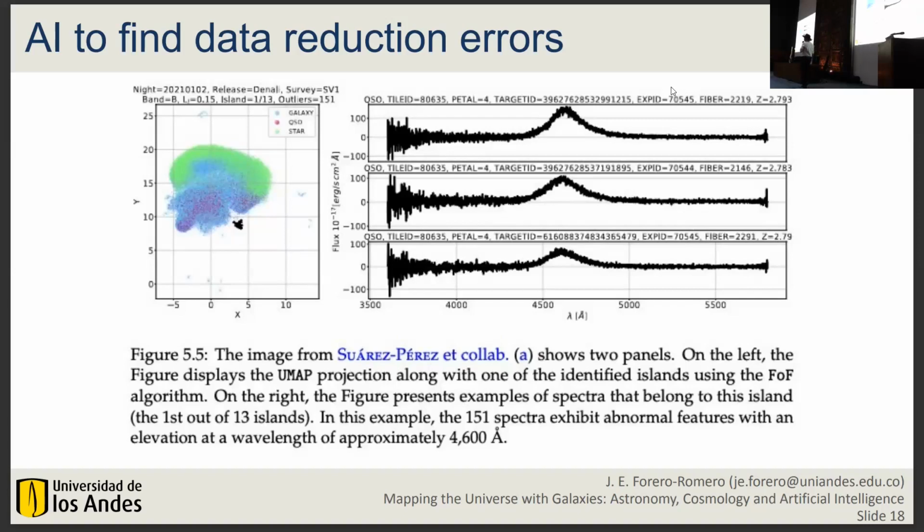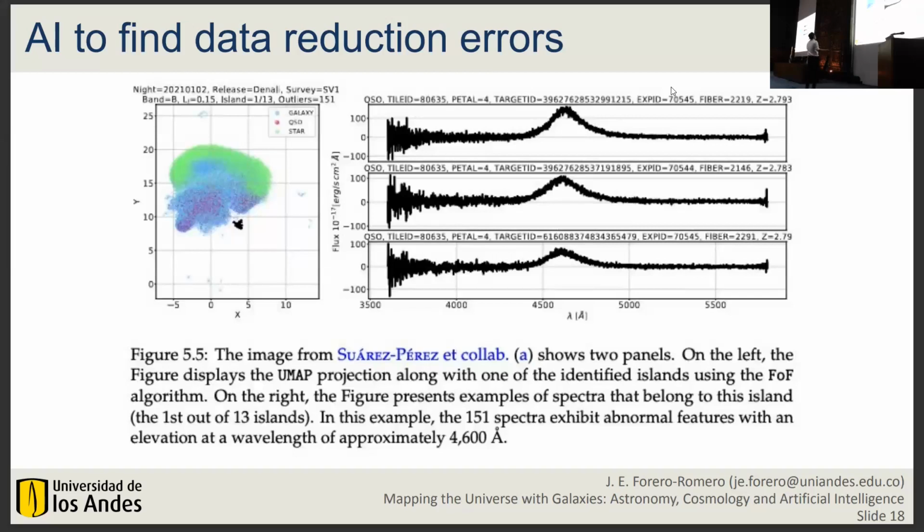But with DESI, in a good night, we get 100,000 spectra, let's say. Then 100,000 spectra get picked during the night. Then the supercomputer is running in California, and then we distribute the data. We call it redshifts by breakfast. So you are having your breakfast, and you are taking a look at 100,000 spectra. You're having lunch, you're having dinner, and you didn't finish taking a look at the spectra.